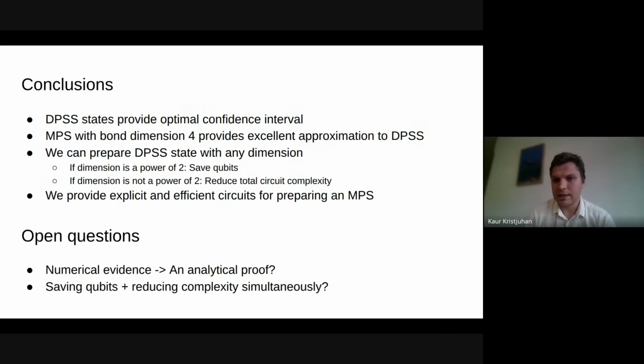That's not really compatible with the way that we were saving qubits, which was sequentially measuring out the qubits with the semi-classical Fourier transform. So perhaps in future work, it's possible to find some bright ideas on how to maybe not combine these 2 things, but to find a different way of getting these